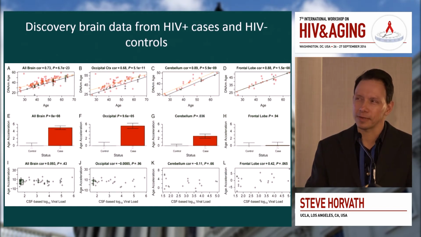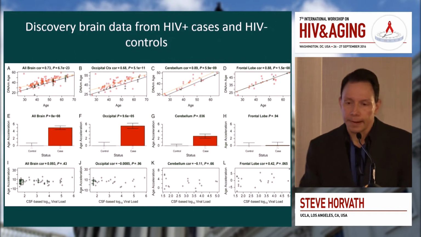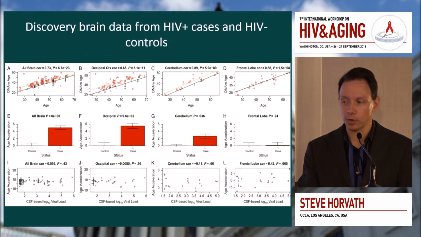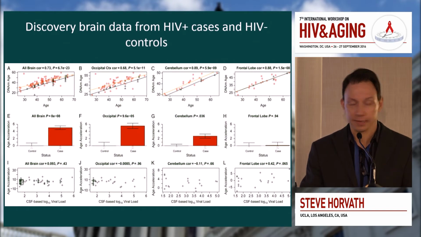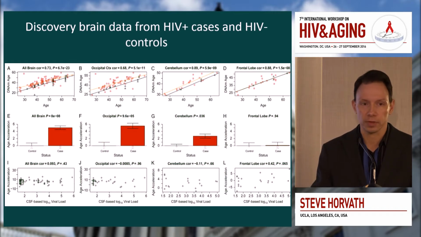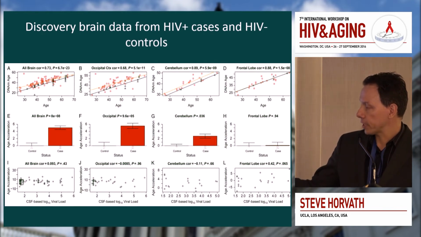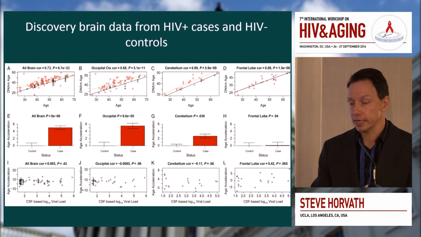By the way, when I call something severe age acceleration, it means something like 5 years. For me, that's a strong effect. And just another digression. If you ask me what condition has the strongest effect on age acceleration, it's not HIV, it's actually Down syndrome. I find that has a very pronounced effect on age acceleration in brain and blood. In any event, the problem with this all-brain analysis is that it's confounded by brain region, and therefore